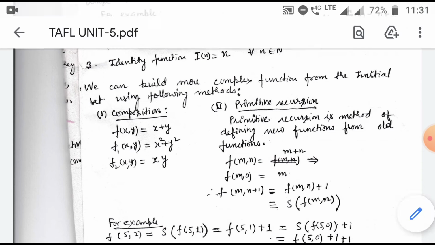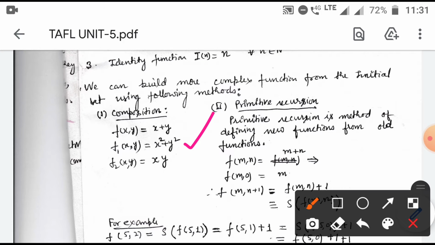Many functions are involved here. First, to compute x square it will use the square function, then the same for y square, and after that they will be summed. Here multiplication is performed: f of x, y is equal to x into y.